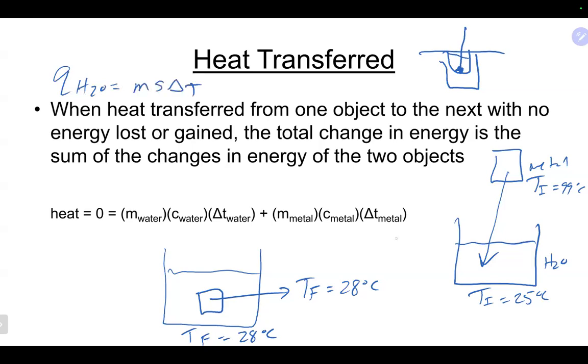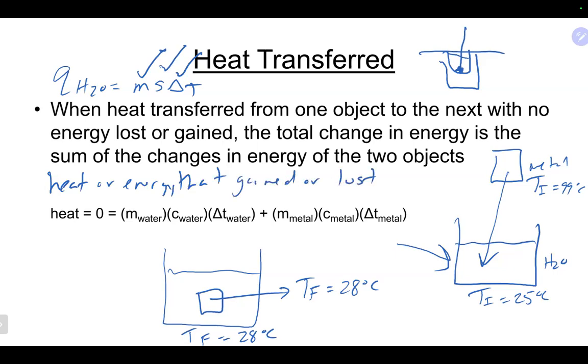Because when we do an experiment like this, we could very easily know the mass of water that we're doing. We always know the specific heat of water, which is 4.184. And by using just a simple thermometer, like my picture on the right there, we could really just follow the change in temperature of water. So we'll know everything about water in this case that will allow us to figure out how much heat or energy that water